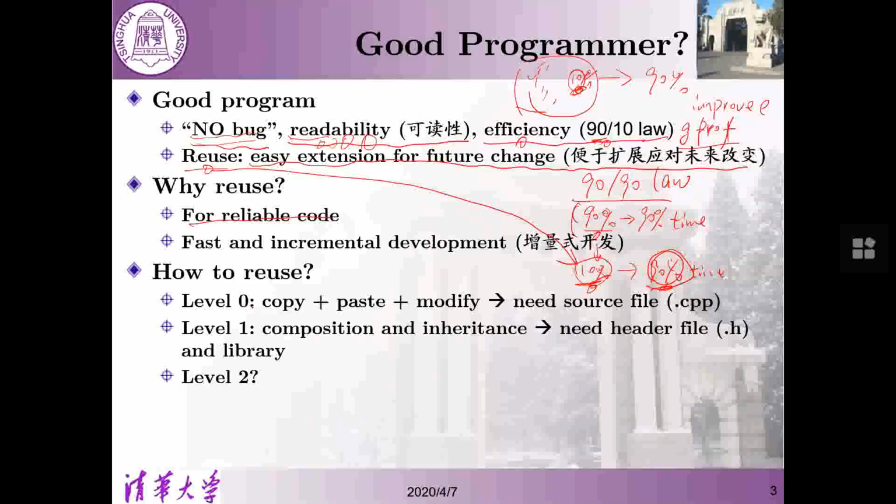How to reuse? The first one is level 0, because I don't think this is a very good reuse style. Someone may be in favor of this style. We copy some code and then modify it, paste and then modify, right? And this needs the source file, right? Sometimes when we write code, we typically copy our own code from this part to that part and then modify it. I don't think this is a good style of programming, actually. So a better